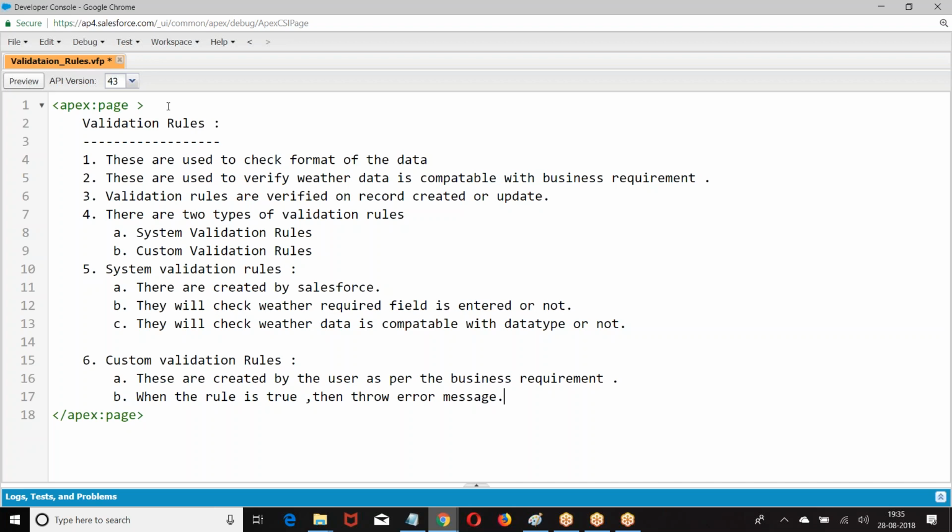We are going to define a rule. When the rule is true, throw an error message. When the rule is false, save the record.